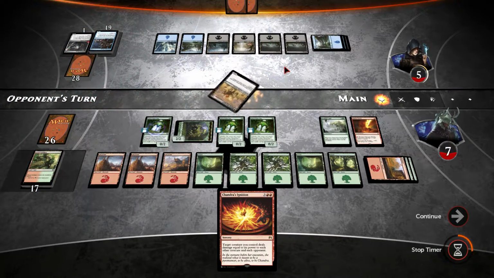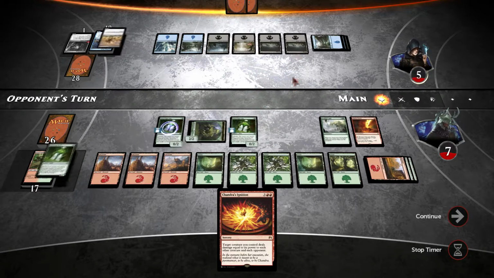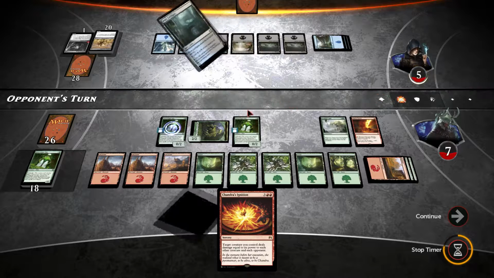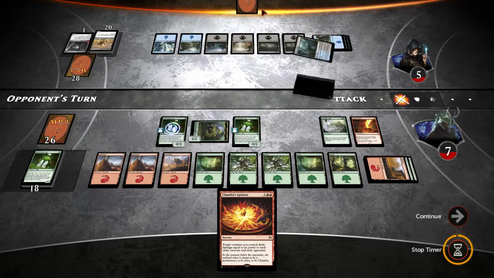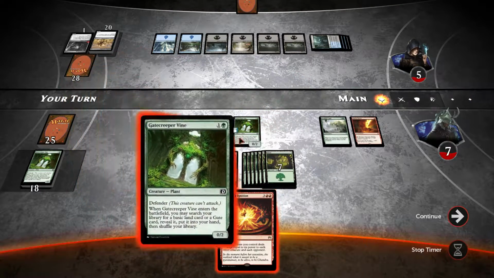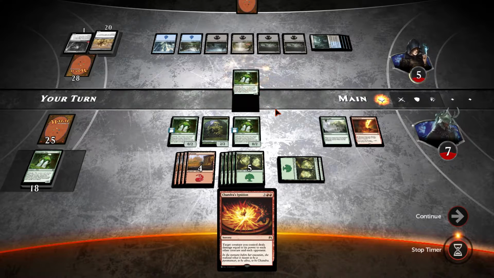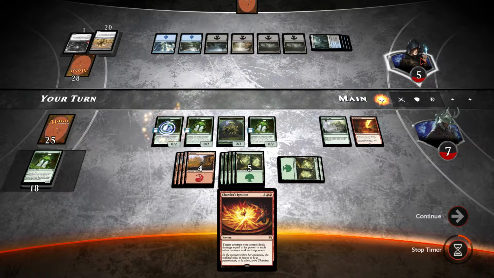Oh, Fleshback Marauder, that's fine by me, because I've got 3 measly Gatecreeper Vines, which I don't actually care about. And he's just played out of mana. I still want to know what that is. I have no idea what that card is. And we've got another Gatecreeper Vine. Okay, this might be game over now, because what I can then do is swing for...